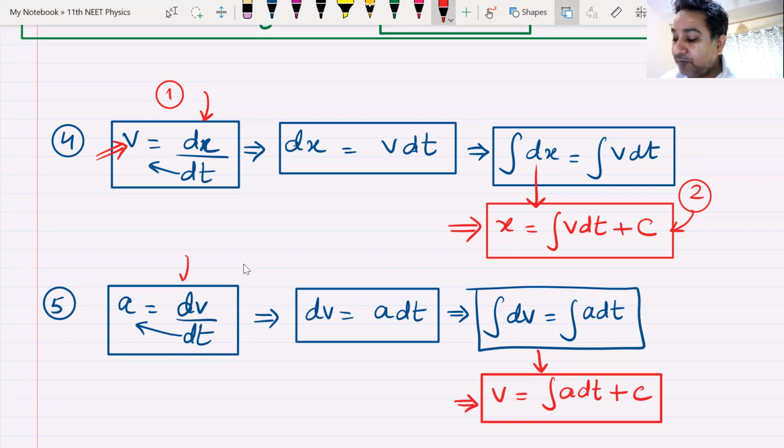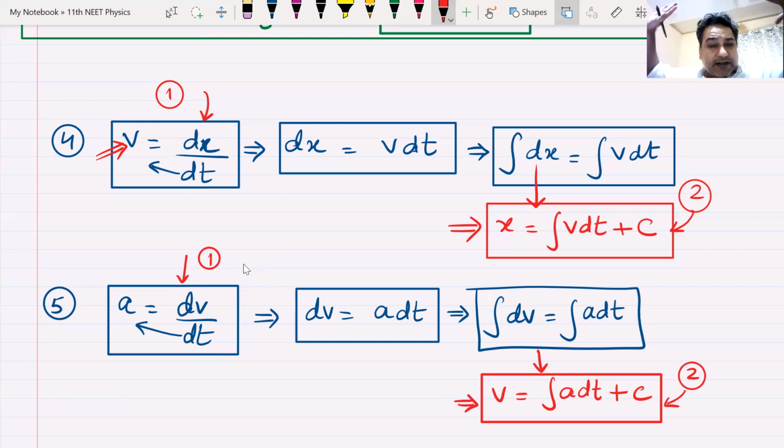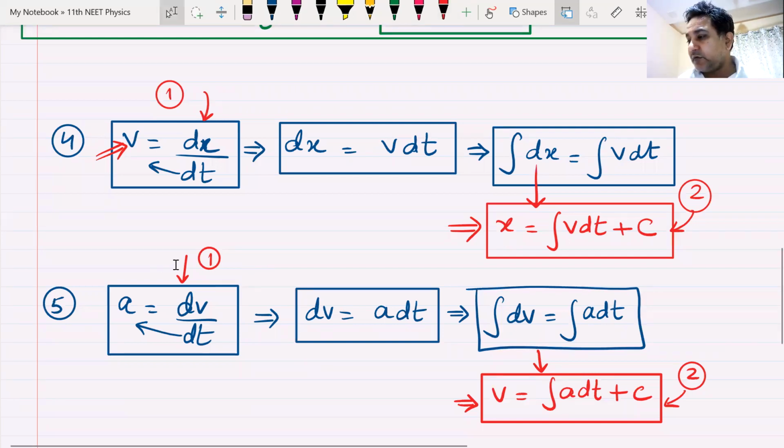So from this form, equation number 1, I can get acceleration when I know velocity. The form 2, I can get velocity if I know acceleration. Am I clear? Can I have some raised hands? That's how we understand this. Anyone has any doubts? You can raise your doubts now.